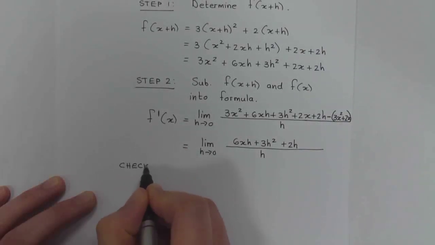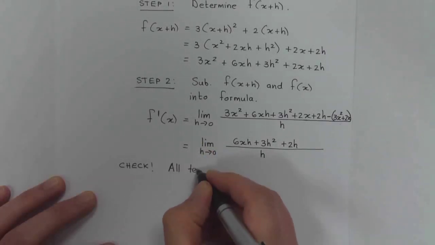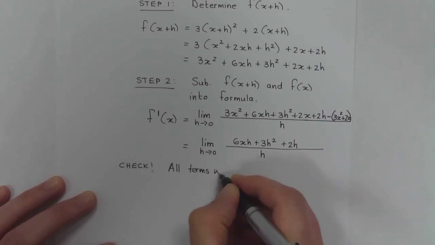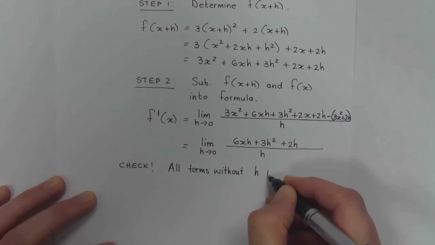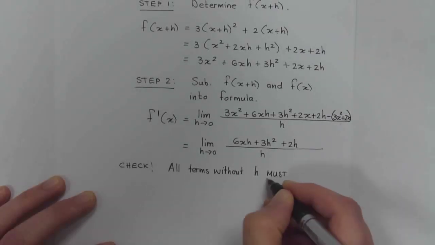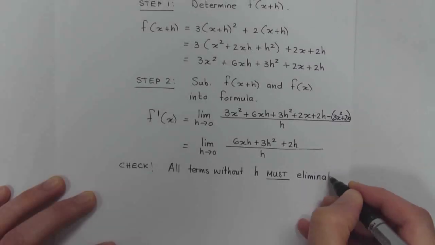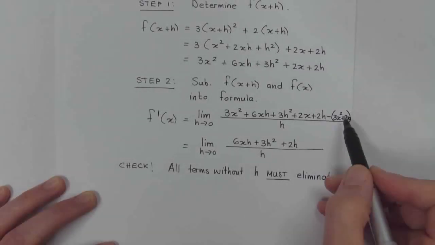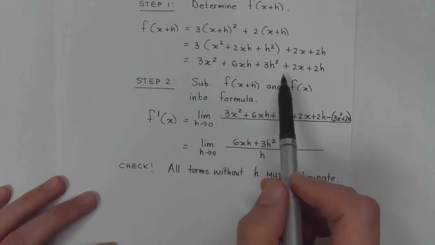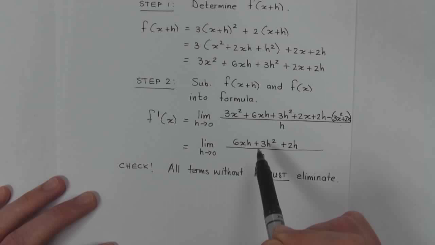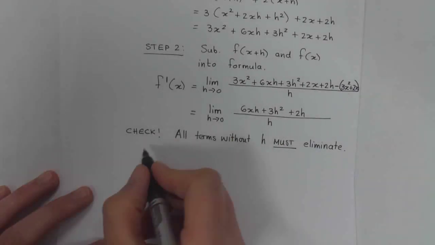Check, very importantly, all terms without an h must eliminate. So that is a very important check, or otherwise you know you did something wrong. And it's either going to be because you didn't put a bracket around that, so you didn't distribute, or it could possibly be because you calculated that incorrectly. But that very important, terms without h must eliminate, because